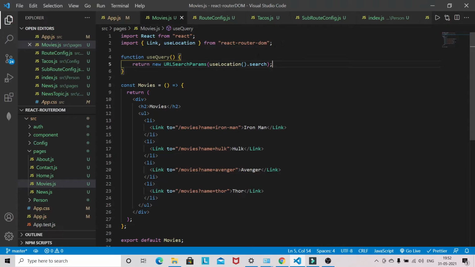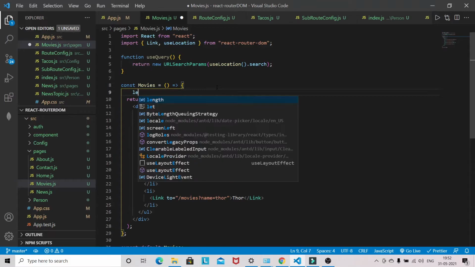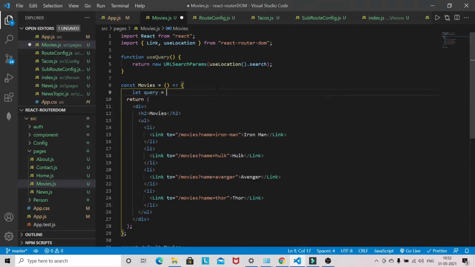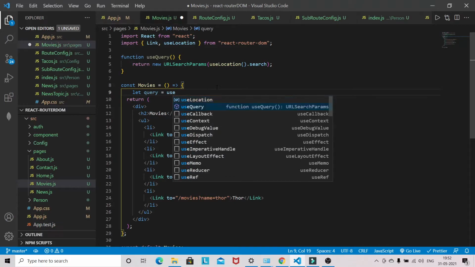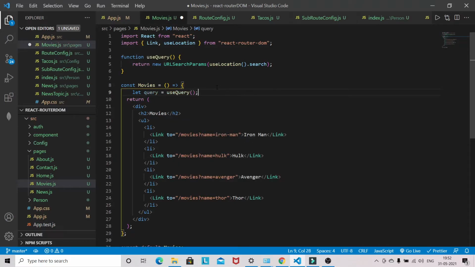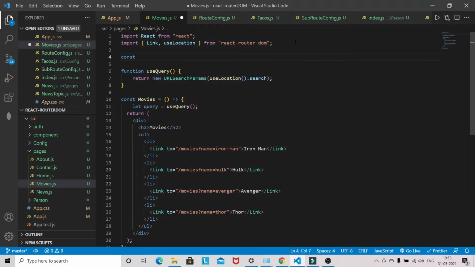Now let query is equal to useQuery, and we have to create one child component. I will create it here only.